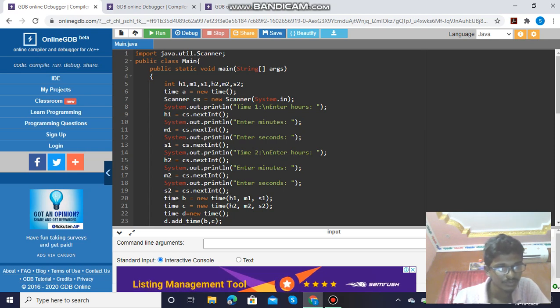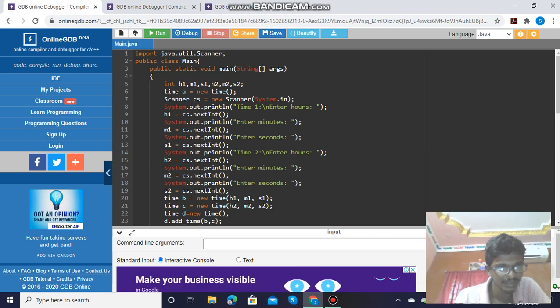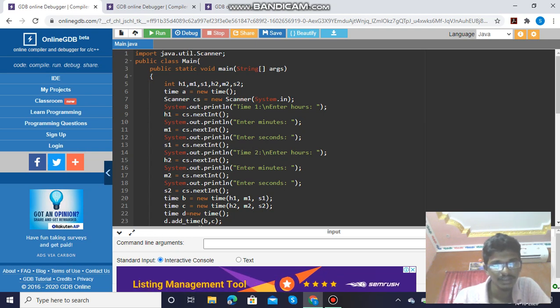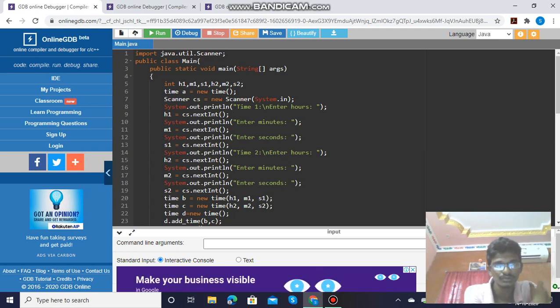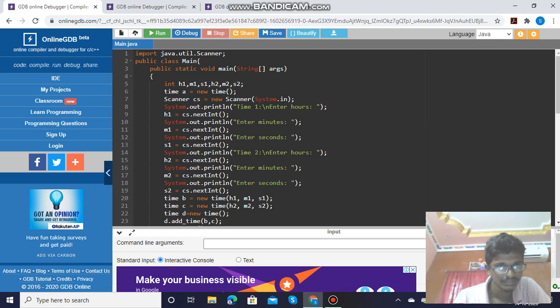Then we read the input from the user using the Scanner class by creating an object of it. Then we pass it to the constructor to initialize the entered values h1, m1, s1, h2, m2 and s2, and call the display method to print the final result.